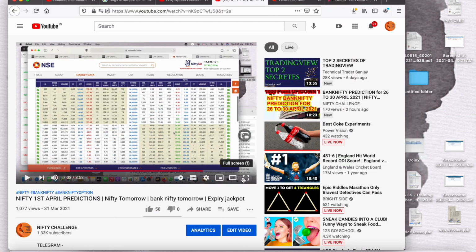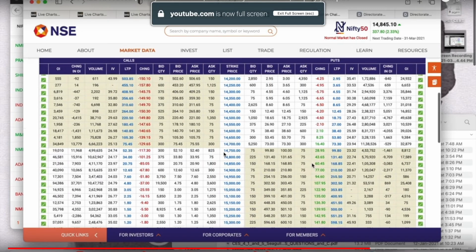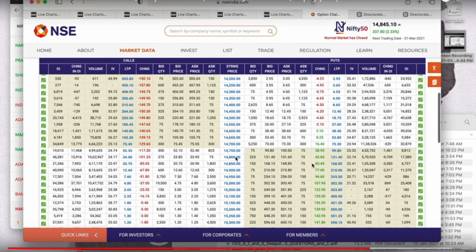All right. So on the next day, you see, now 14,800 put was nearly 83, if you remember, around 83 rupees, and then next day the market has fallen. The market has fallen by 200 points, and the put has only changed by 50 rupees. You see this, you have lost a lot of money. In fact, if I could show you the data, when the next day market opened also at 14,800, this put would have been lower than the closing of the previous day. This happens because of the change in implied volatility.